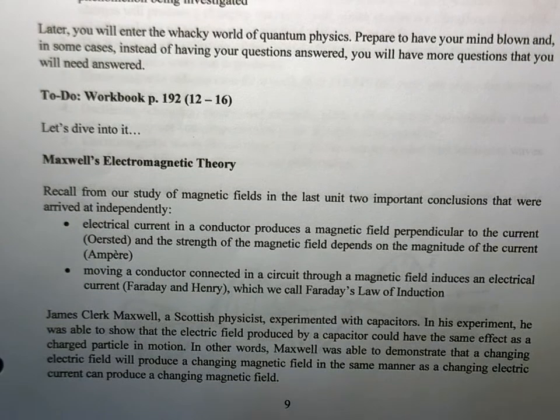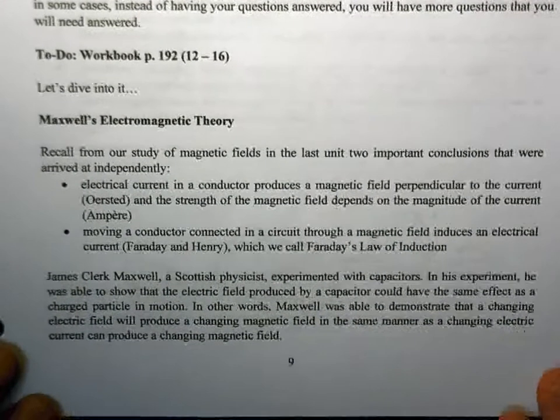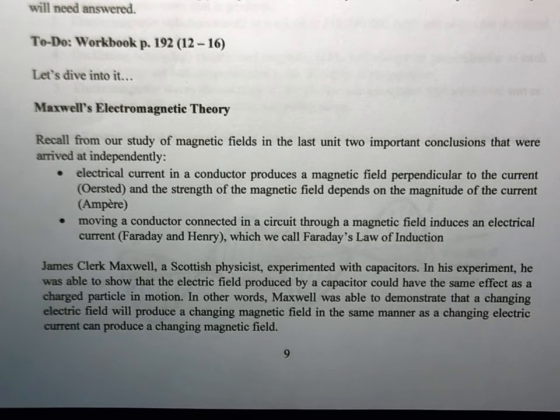So to finish up our introduction on electromagnetic theory, we're just going to talk about a real heavyweight in terms of electromagnetic theory. And this is a gentleman, his name is James Clerk Maxwell. Now, before we get to him, we just want to recall some important things that we talked about in the